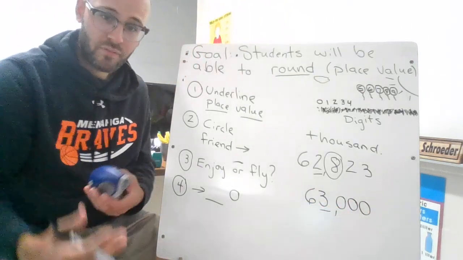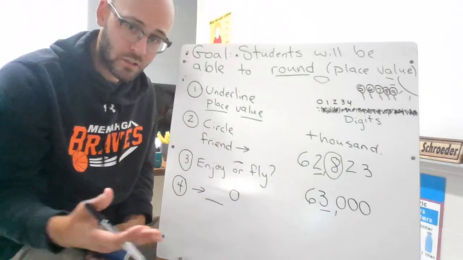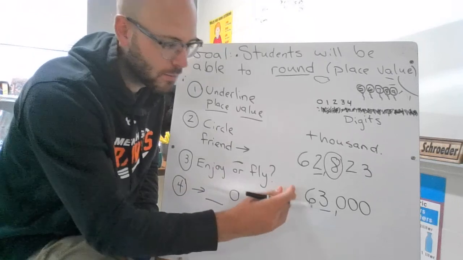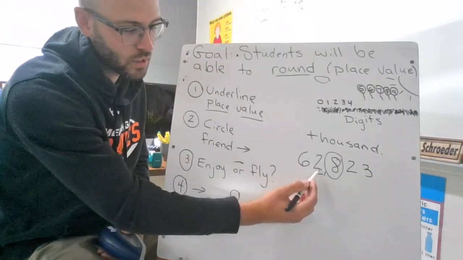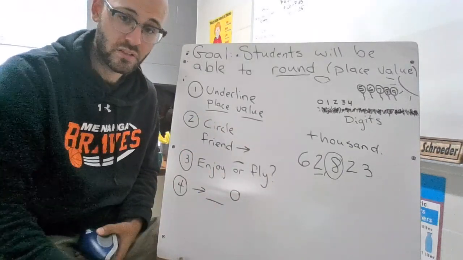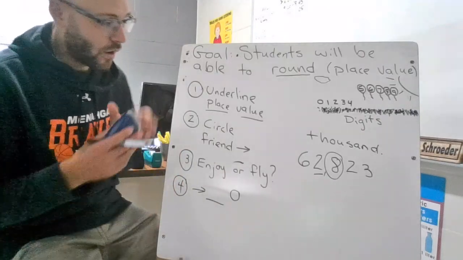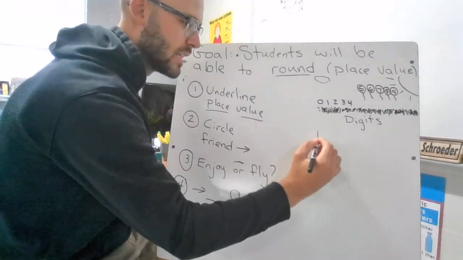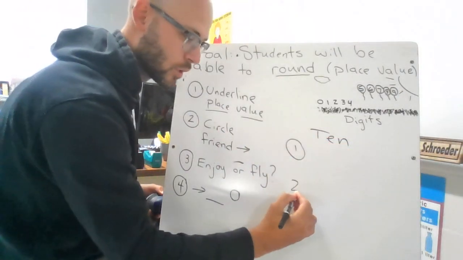I'm already trying to get a little faster with you on this video, but the more and more you do it, you might not even need to underline and circle. You're trying to find the closest thousand. You can maybe see that in your head just by looking at the number and saying, ooh, 800 is going to put this 2,000 to a 3,000, so 63,000 is the closest thousand. That's what rounding is in general. At home, if you want to try rounding to the nearest 10 on these 3 numbers, that would be some good practice and